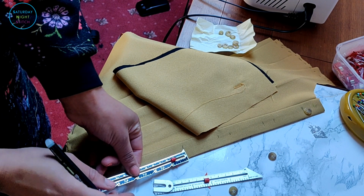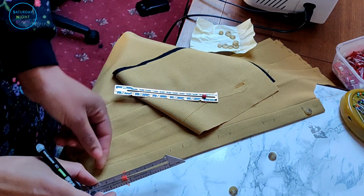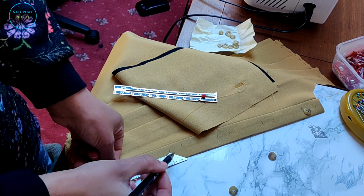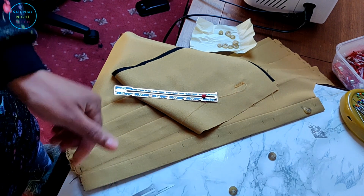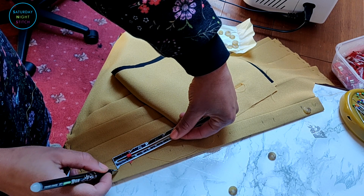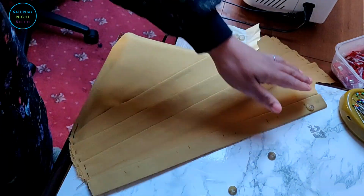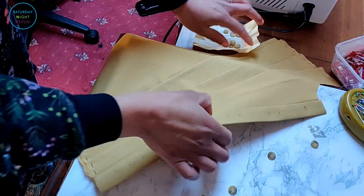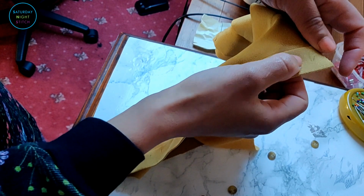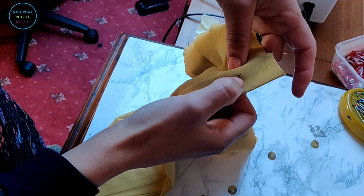And buttonhole length, from the bottom of that one to the top here, and then buttonhole length. Okay, so I now have the points at which I'm going to sew, and because my machine will start at the